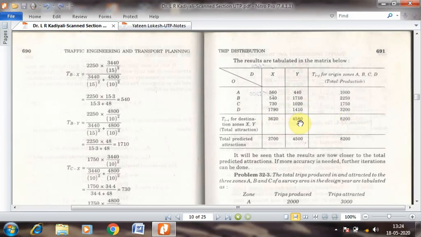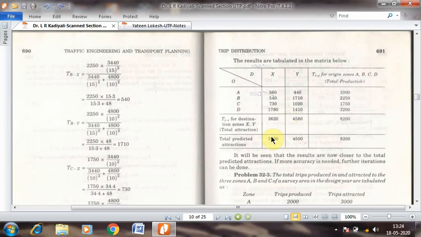Now summation of these two is 8200, summation of all these is 8200, predicted attractions total is again 8200, but still there is a little difference between the predicted attractions and the calculated attractions as per your calculation. Okay, so if you need more accuracy for this Tij to be equal or very close to the predicted attraction,